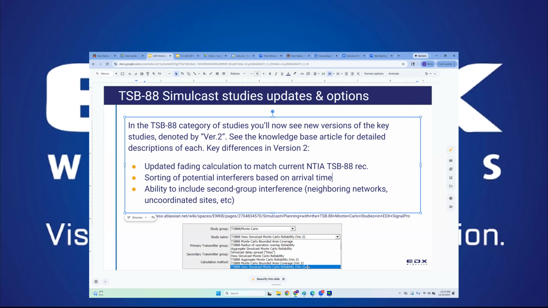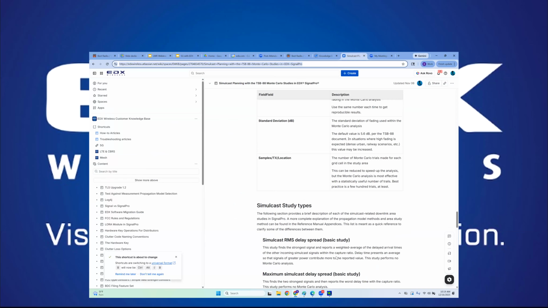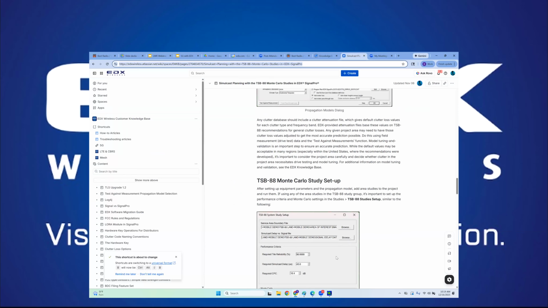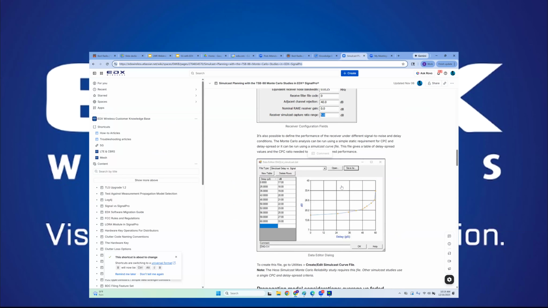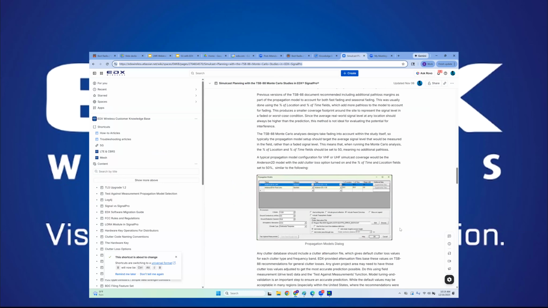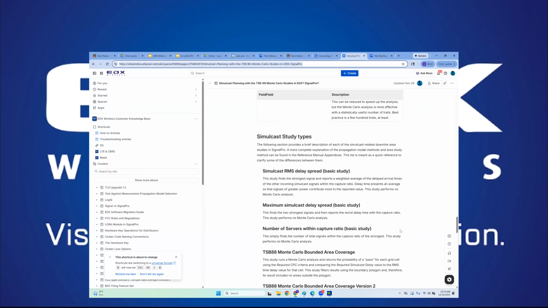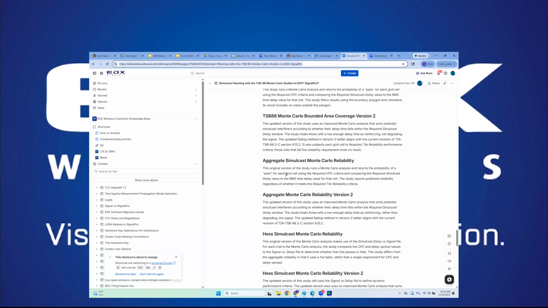And that's assuming you can provide that simulcast delay versus signal file. And so jumping back to my how-to document here, that would be this table. If you can provide the table of the allowable delay spread for a given signal to noise ratio, then that's sort of the most detailed simulation we can do. And the aggregate reliability study,